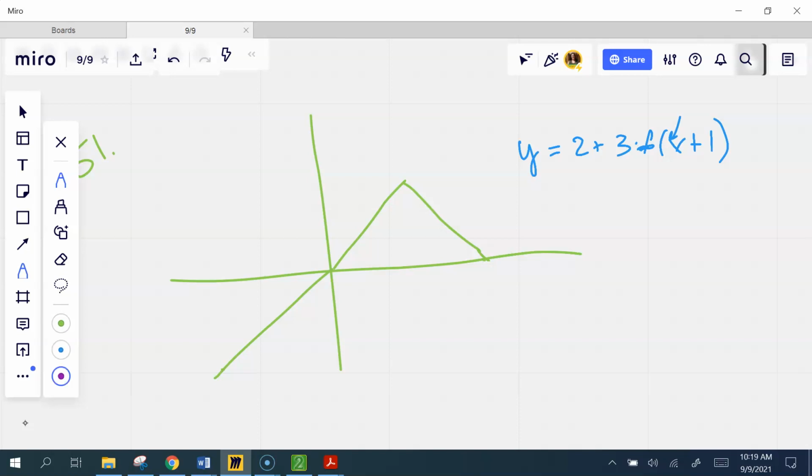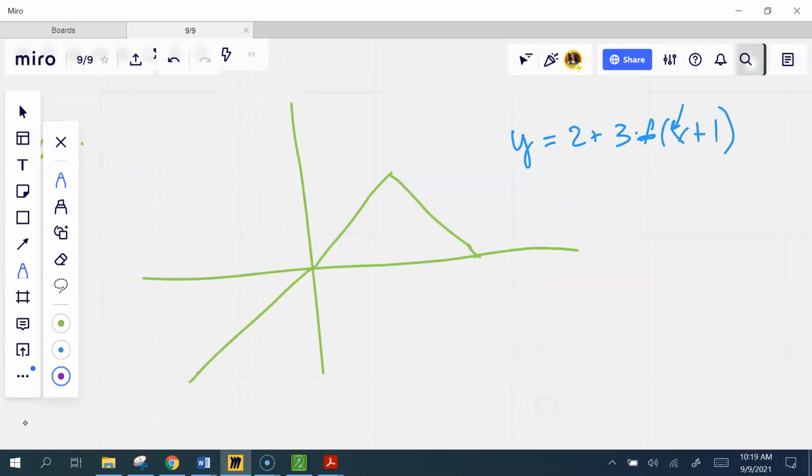All right, so I'm going to shift this left one. Does everybody agree with that? So it's really just going to... I should have wrote some of the points down, but I didn't. And then the 3 there. Is that a vertical or a horizontal shrink or stretch? It's vertical because it's in front of the F, right? So whenever I times it by 3, that means take every Y value